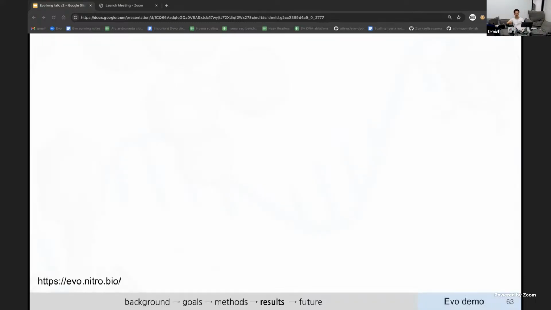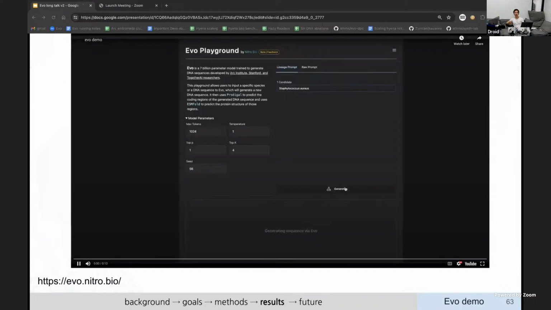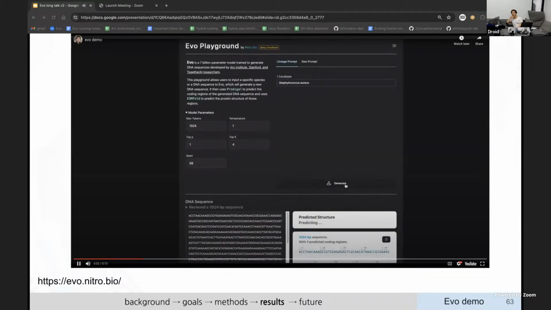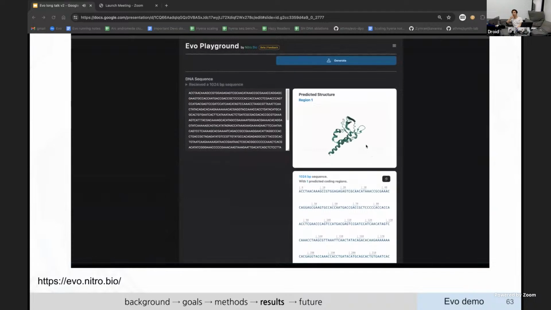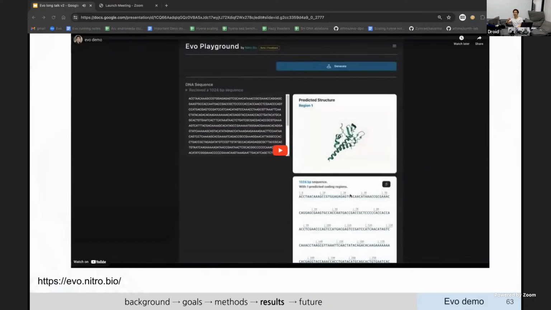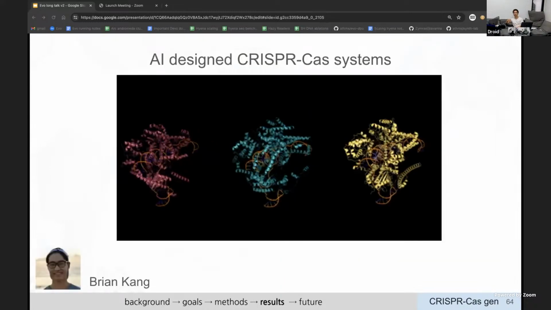I do want to show if this is going to work on the demo. So we put up an API for the model online, and someone was kind enough to make this cool wrapper, which essentially allowed you to generate a DNA sequence and then quickly pass it through AlphaFold as well, so that you can in real time see the structures of the coding regions, at least, and perhaps this can be quicker iteration time for design, which we thought was really cool.